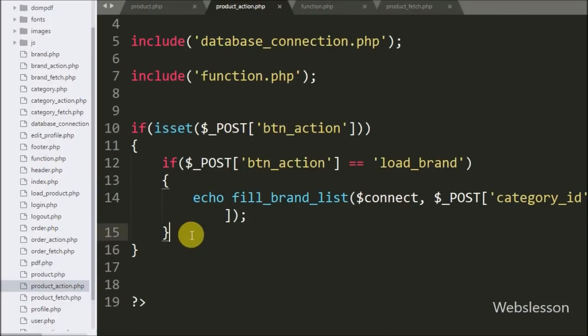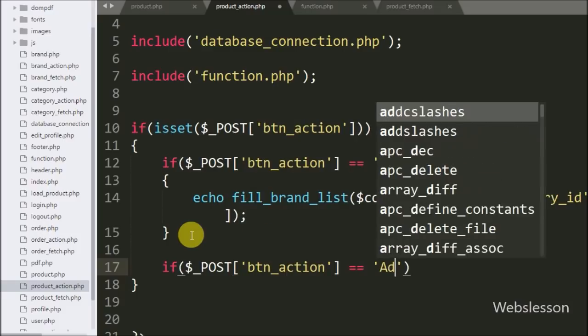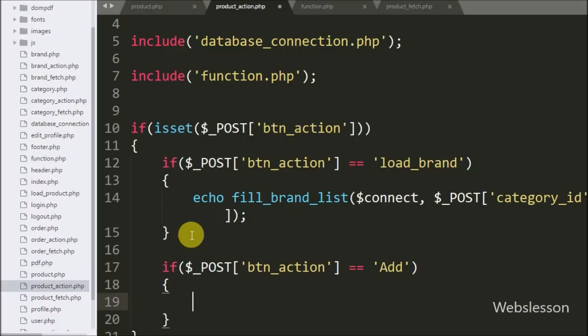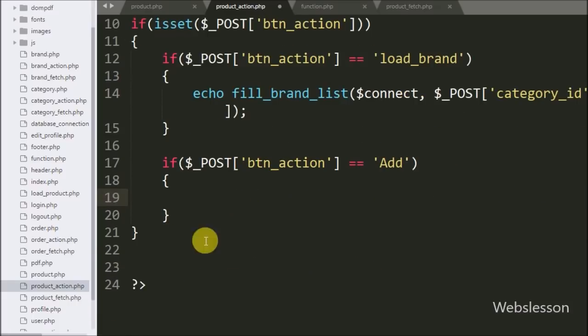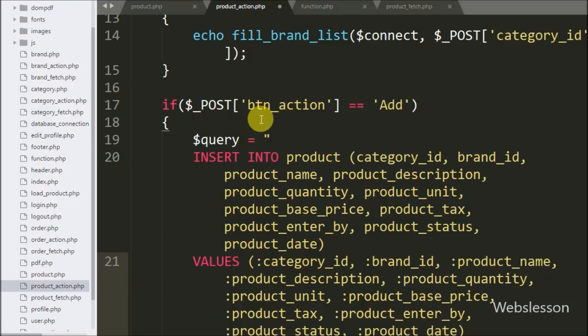Now we have moved to writing the insert data PHP code in the product_action.php page. In this block we have written an if statement with the condition that the $_POST['button_action'] variable value is equal to add. This condition will check if the value of this variable is add, then it executes the if block of code. So suppose this variable value is add, then it will execute the if block of code, and here we have written